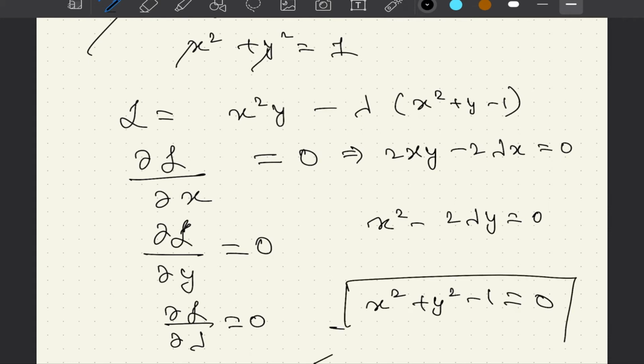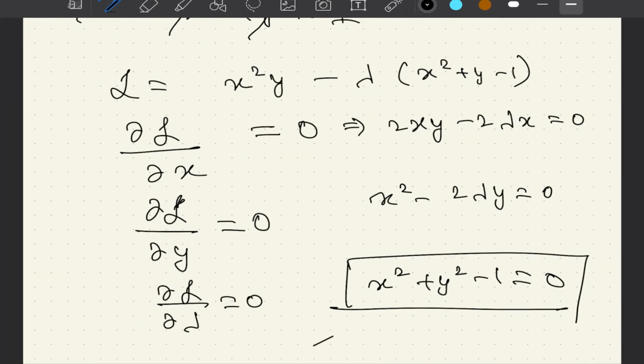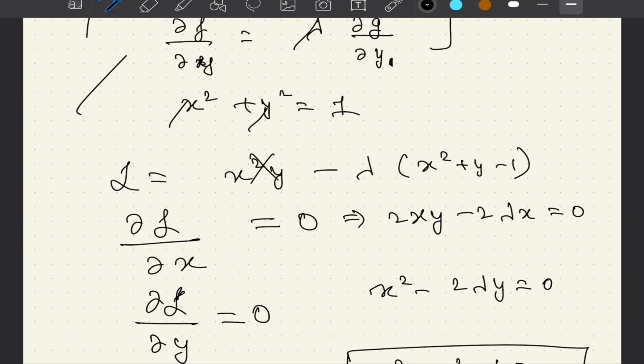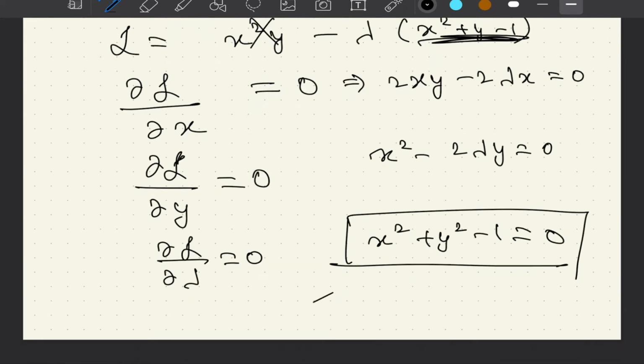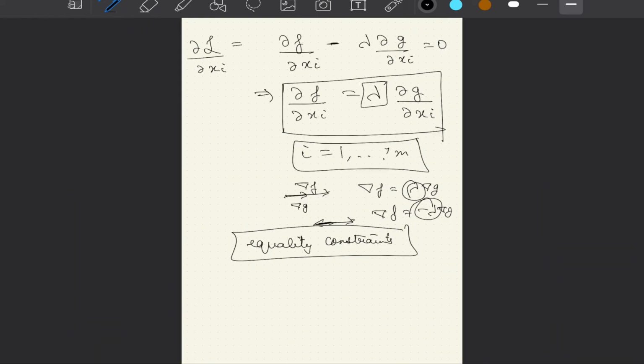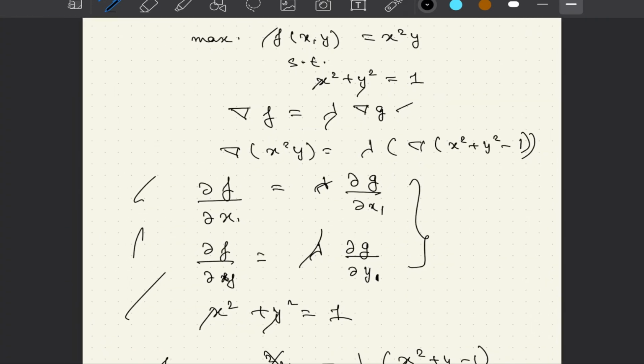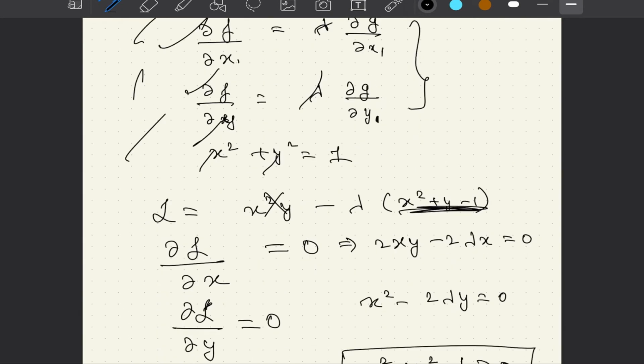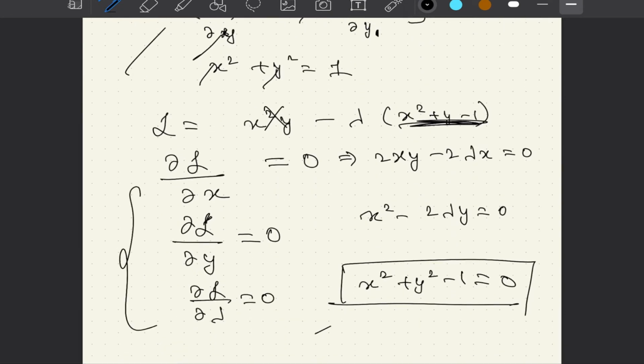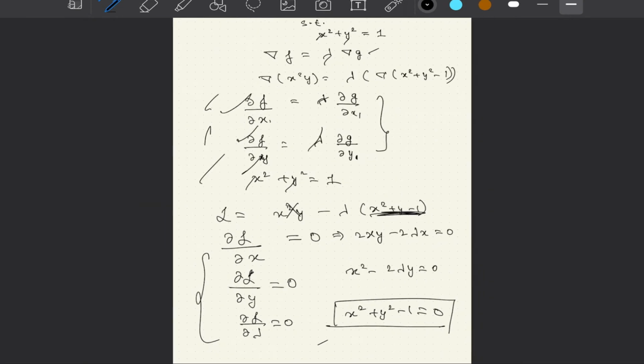You see clearly this is the constraint from where we started, because when we take the differentiation with respect to lambda, this term would vanish and we would only be left with the constraint itself. Hence the kind of derivation that we were doing without using Lagrangian was quite organic, in a sense that all these three conditions are equivalent when we define the Lagrangian also.